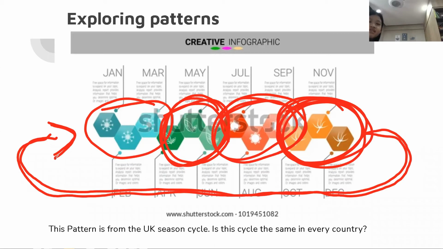Winter. Yeah, winter. Because this is a season cycle. It goes round again and again and again. Okay, every year. What word can we use to describe this? A pattern. It's a pattern. That's it. This is a season pattern. We know that because the seasons every year go like this, we can predict the seasons next year will be the same. Okay, because we found a pattern.